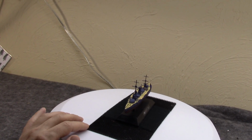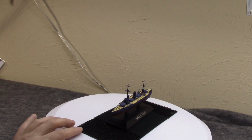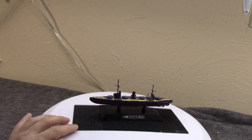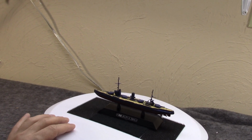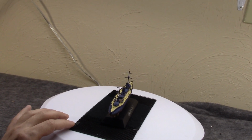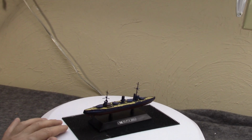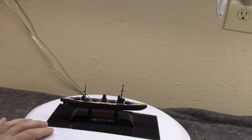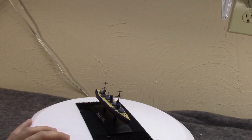So a runner-up design was kind of picked instead from the Baltic shipworks in Russia. It wasn't quite what they needed, but they gave them a little more time to kind of work on it. And the Baltic company actually approached John Brown in England to help them kind of finalize and figure things out, because again, the British were the key ship makers at this point. So a finalized design was submitted and approved, and they were going to order 4 ships,